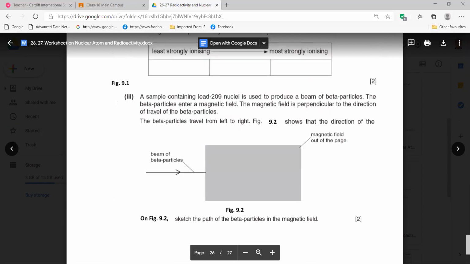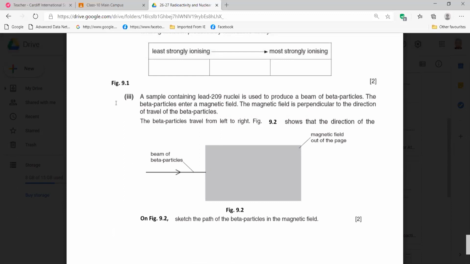Continue. A sample containing lead-209 nuclei is used to produce a beam of beta particles. The beta particles enter a magnetic field. The magnetic field is perpendicular to the direction of travel of the beta particles. The beta particles travel from left to right. Figure 9.2 shows the direction of the